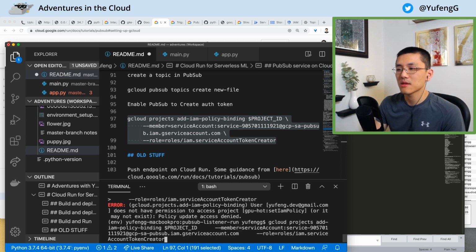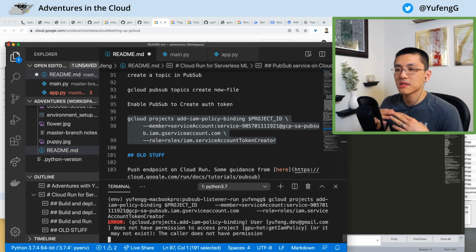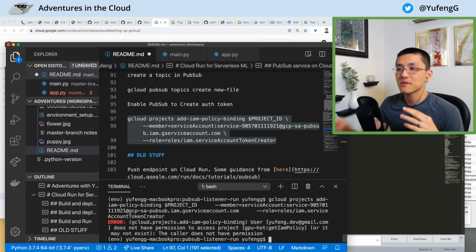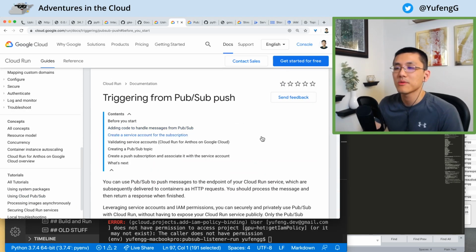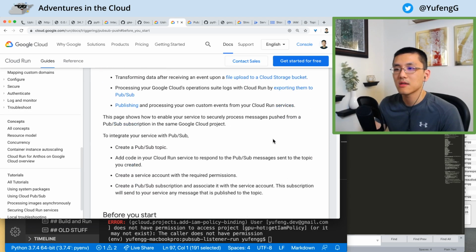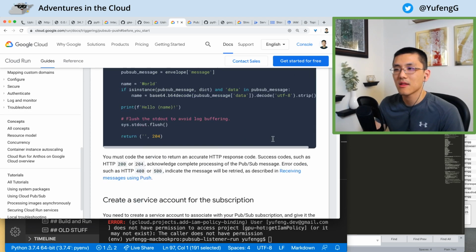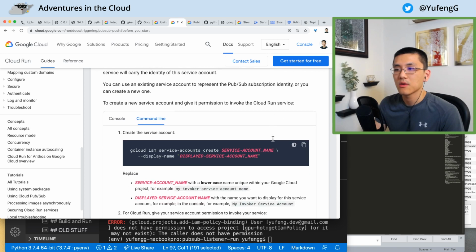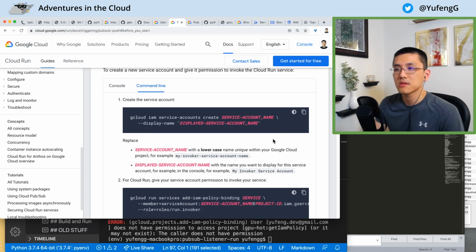It's also possible that the permissions are just taking a little bit of time to propagate. But if we are stuck in the first step of this policy creation, that would be unfortunate. Let's take a peek at the other guide and see if it has any thoughts on how we might better make this. So what I thought was interesting about this one is that it does it in a different order,